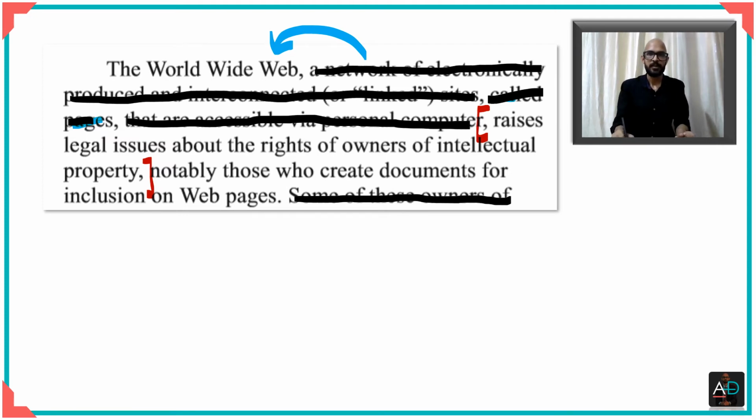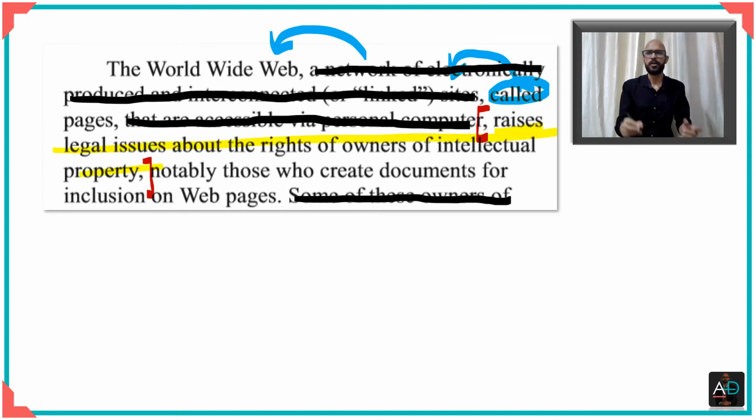So for example, let me just show you this thing that is called pages. As you can see, this thing which is called pages definitely is referring to something given behind. So if I say that I came from the capital of India called Delhi, I'm describing something about the capital of India, I'm giving it a name. So you can see that a qualifier talks about something given before, whereas when you look at this part here,